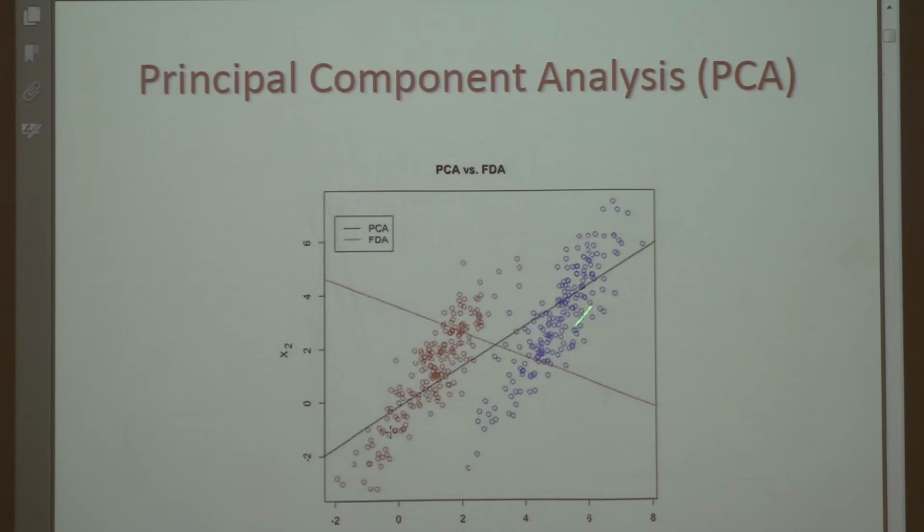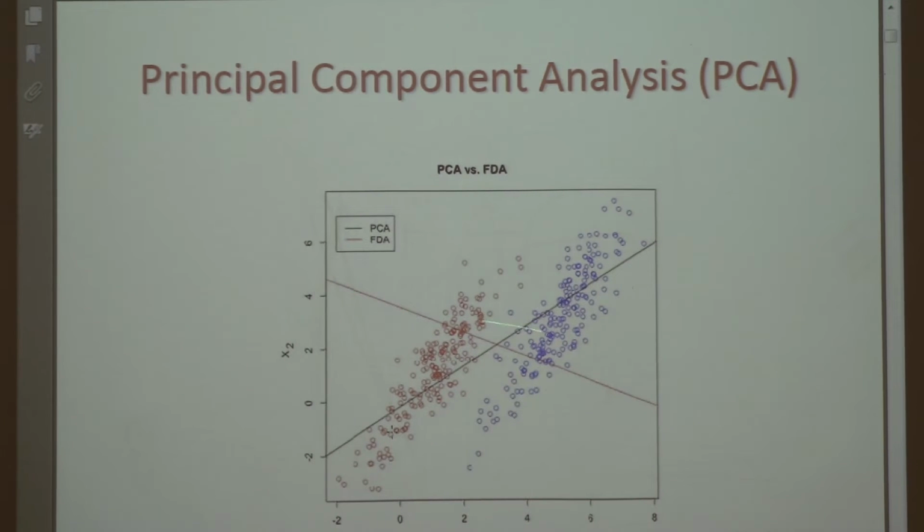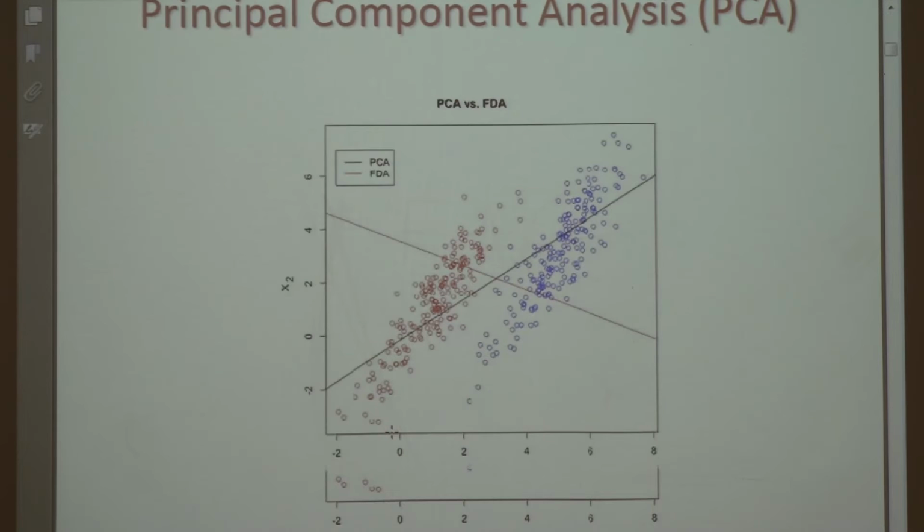I gave this example to you when I wanted to motivate the lecture for FDA, that you have these two classes, and this is going to be PCA, and if you map your data along this line, then it's not going to give you a good separation, but FDA is going to compute this, which is going to give you a good separation between these two sets of points. Okay? Now,